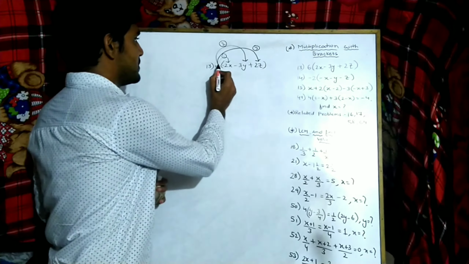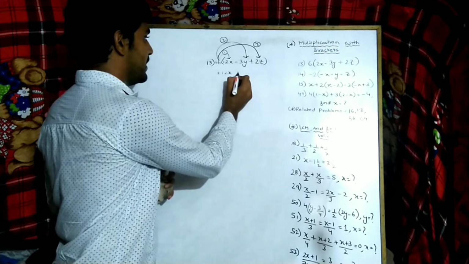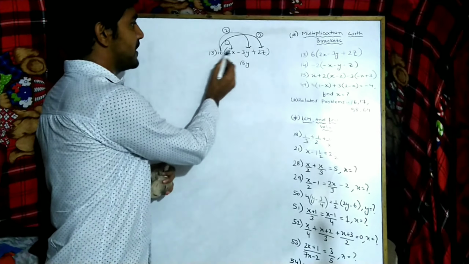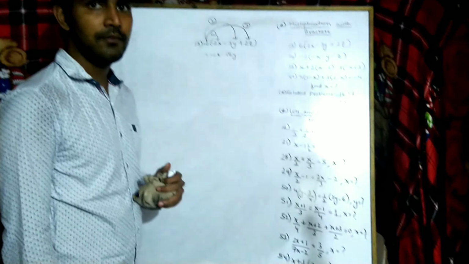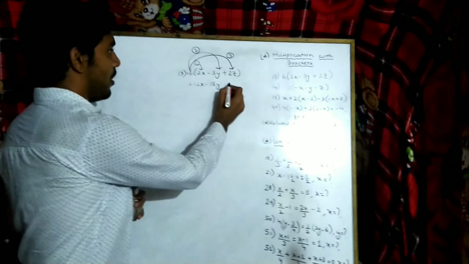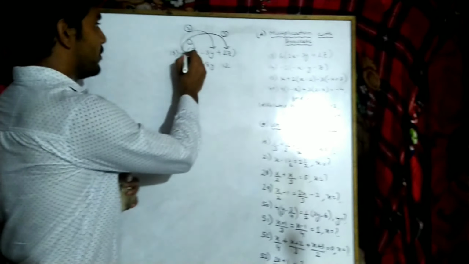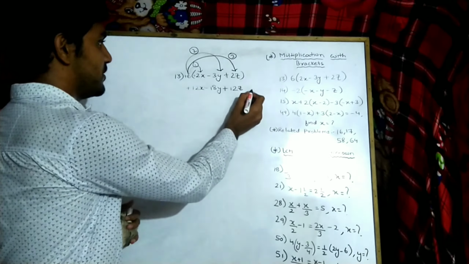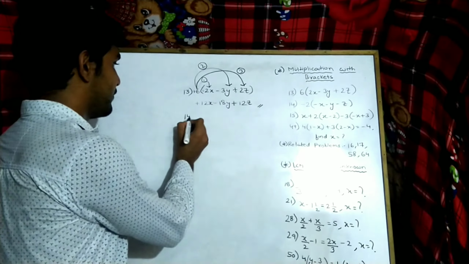Now 6 into 3. First I am multiplying only numbers. 6 into 3, 18, carrying y. Now it carries a plus sign. Plus minus will be minus, so it comes minus. Clear? Now the third step, 6 into 2, how much? 12. Now plus plus will be plus and it should be z. So this is the answer. Clear everyone? Now let's go for the 14th sum.